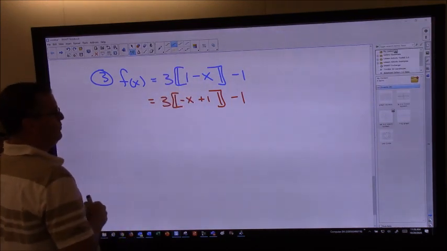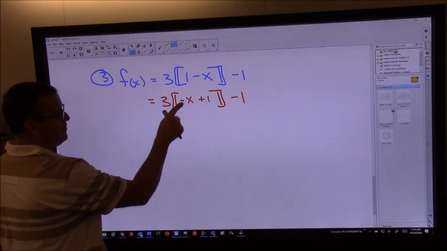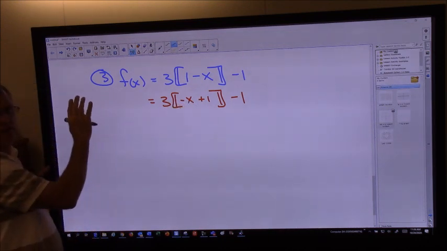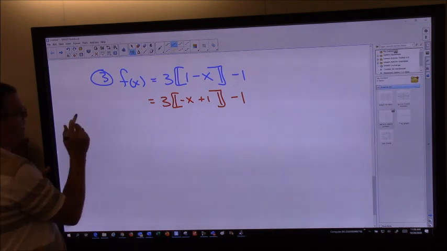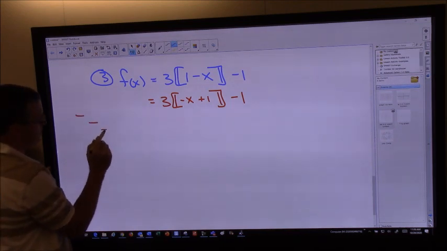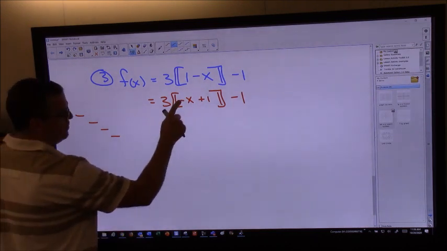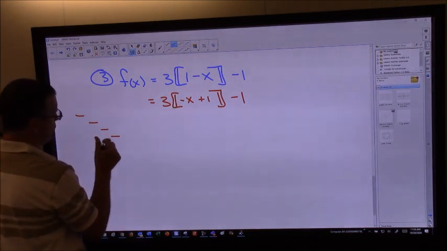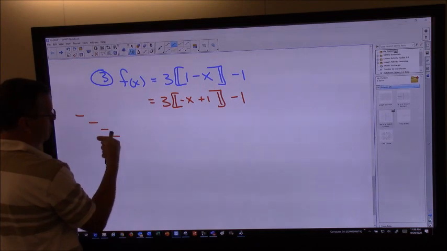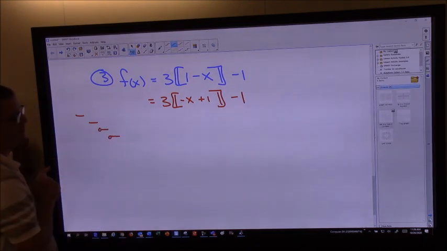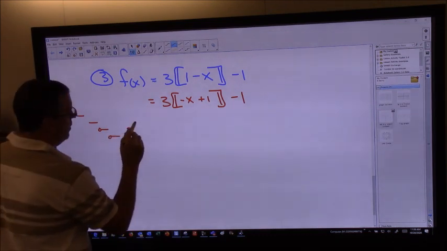Alright, so because b is negative, that means we're flipping across the y-axis, and our steps are going to go downhill this time. Also because b is negative, when we have our starting point, we're going to go to the left and then put our open circle on there. So I just want to be aware of that. So our starting point,